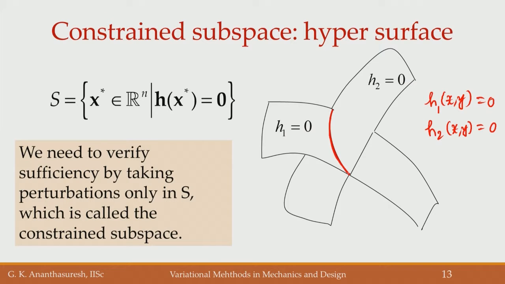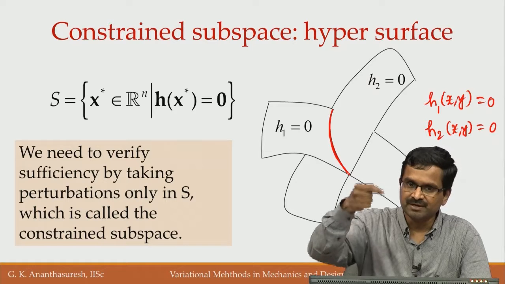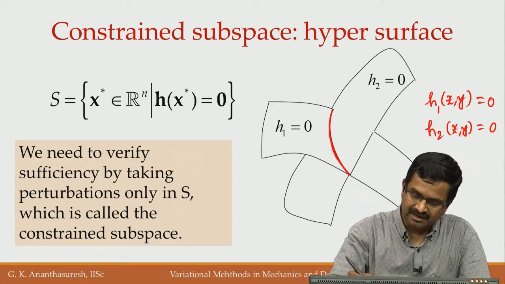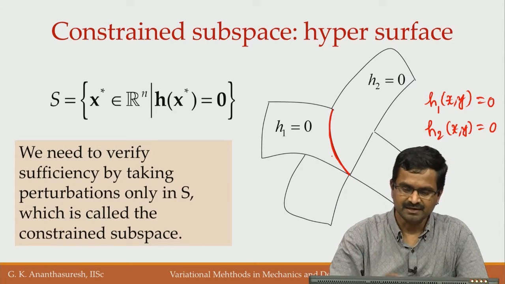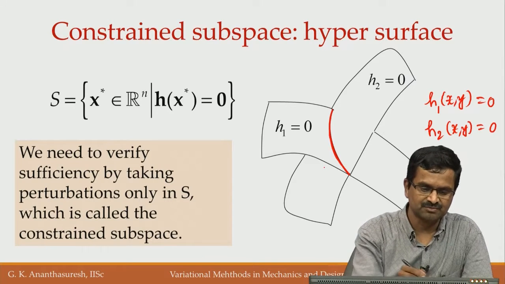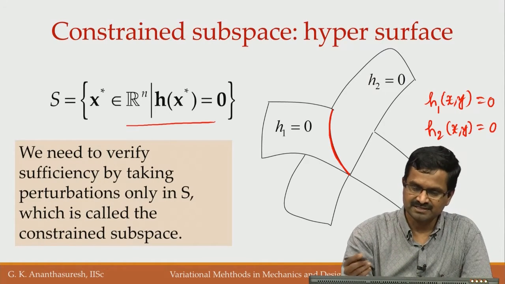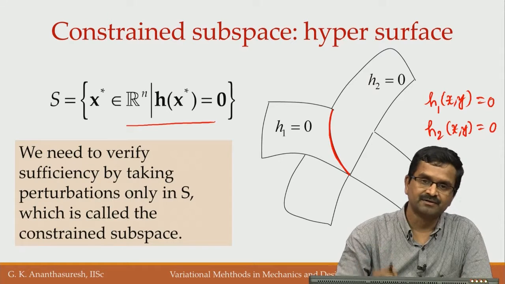So, if we have, let us say, 4 dimensions, h1 equal to 0 will be like a surface, okay, and h2 will also be a surface, their intersection will be a curve. Only there I can search, right. That is what we are showing, that is the hypersurface which satisfies this. Again, when I say H, it also includes the active inequalities,